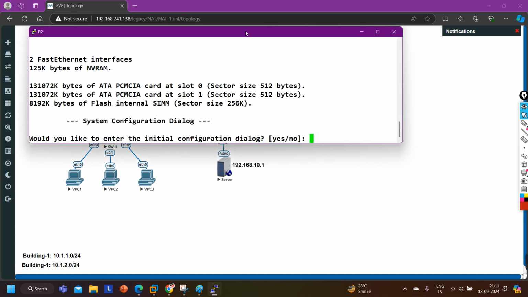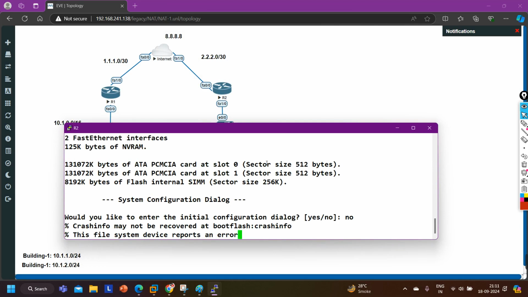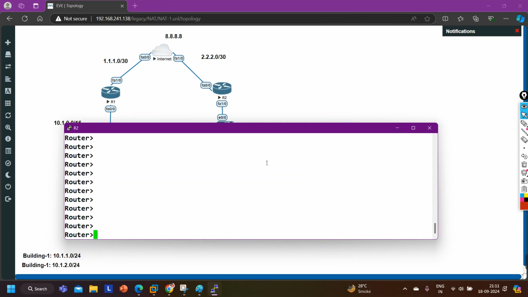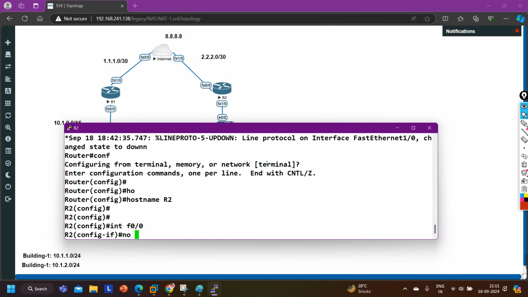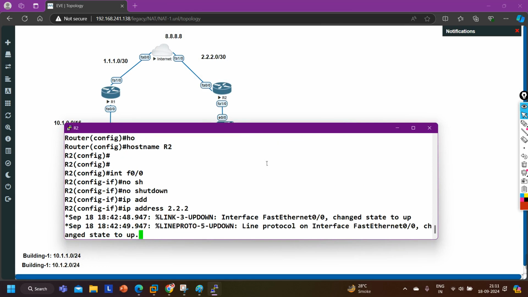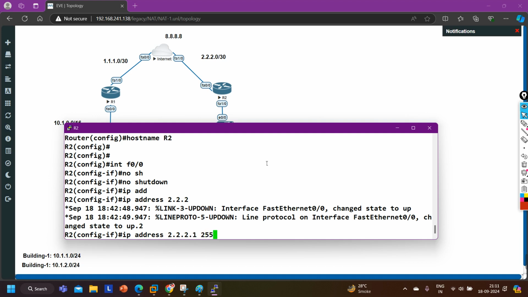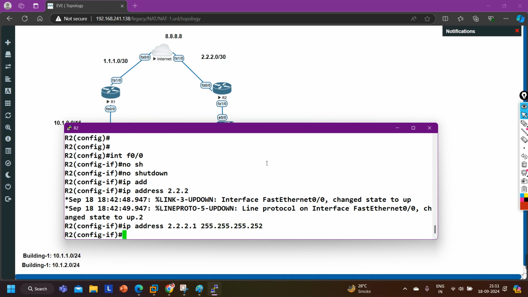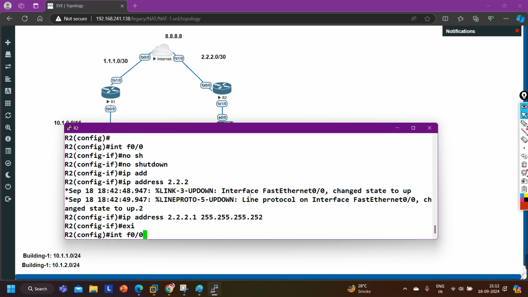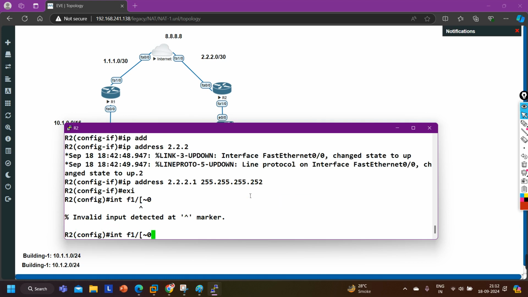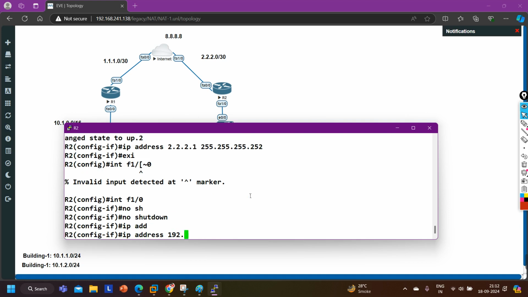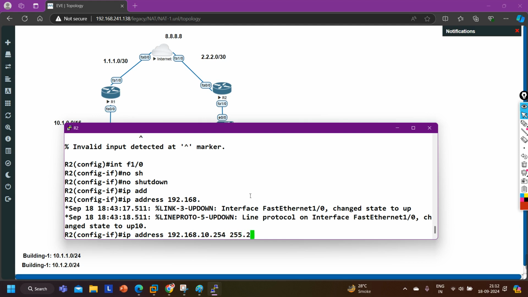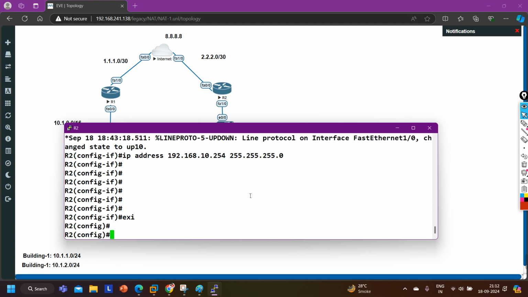Router 2: R2 interface F0/0, no shut, and IP address 2.2.2.1, sorry, with mask 255.255.255.252. Then my local interface F1/0, no shut, and the IP address I'm going to use is the last IP address from the subnet, 192.168.10.254 255.255.255.0. Done.